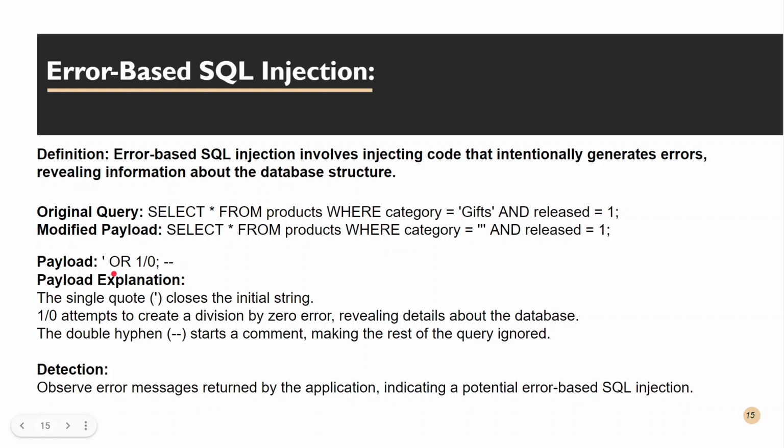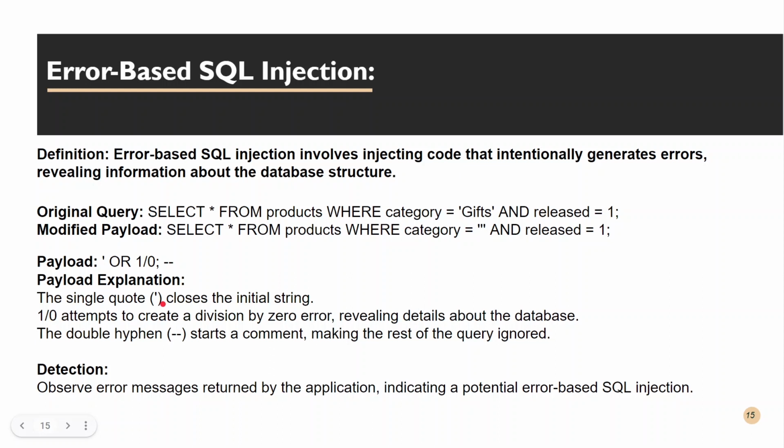Then we could comment out other section of the code which involve the and release equals to 1. Now let's take a look at the payload explanation for this error-based SQL injection. First of all, we are injecting a single quote which closes the initial string. Then we send the 1 divided by 0 using the OR logical operator to create a division by 0, revealing details about the database. Then the double hyphen start a comment, making the rest of the query ignore, just like